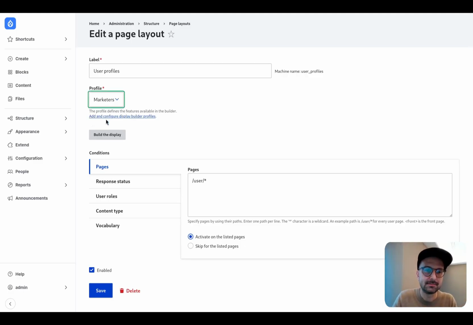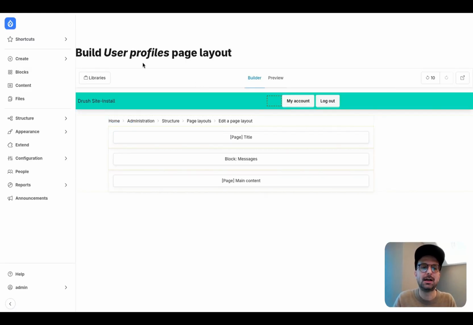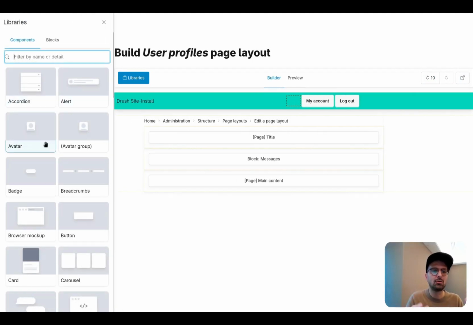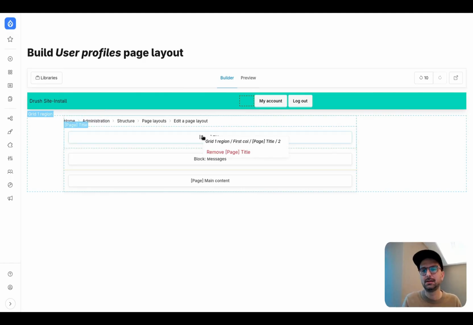So I will pick it, I will save, I build the display, and look now, it's beautiful, so simple, so streamlined, only builder and preview, only undo, redo and exit, and in libraries, I have only my component thumbnails with a nice mosaic and a few blocks. If I right click, the only menu item I have is remove. So the marketers have a streamlined experience as I can enjoy the use of Display Builder.